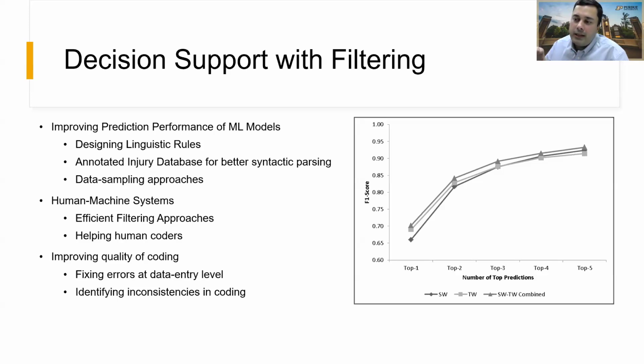Now, this would be very helpful for human coders that are new or less experienced, and instead of having to select from 45 different codes, they would have to select from the top 5 codes. So we implemented this